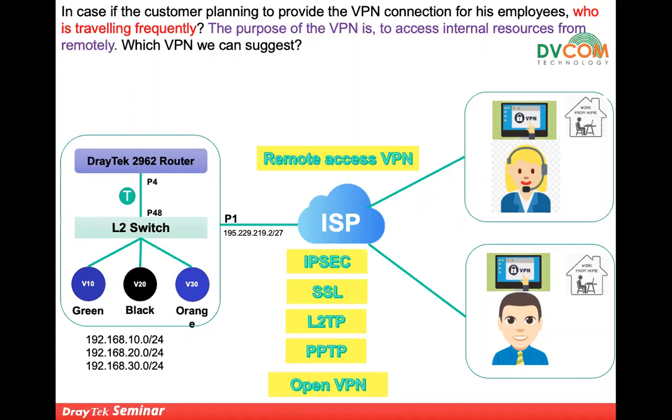In case you have an iPhone, you can configure L2TP, guys. Even Mac users can use L2TP. And SSL, you can use it. And for IPsec, again, you can go with the Smart VPN client software. You just install it and enter the username and password. Then you can establish the VPN connection. So by default, we support all the protocols without any issues. So if you see here, IPsec, SSL, L2TP, PPTP, and OpenVPN.